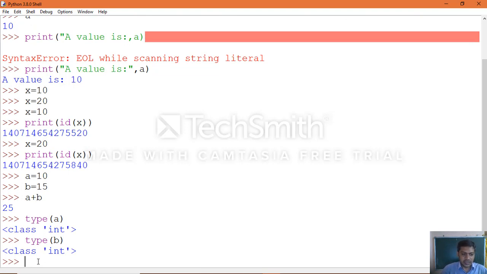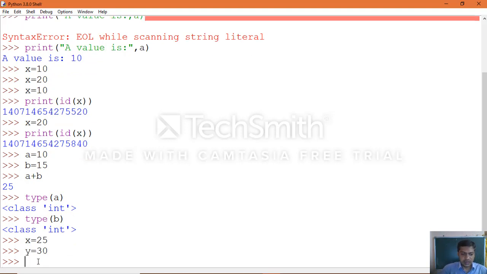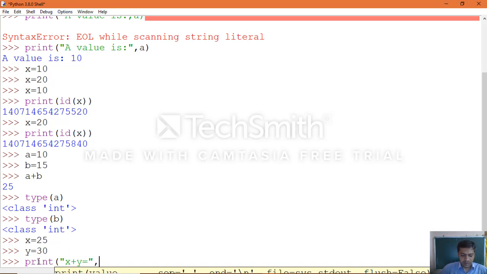Same way, another example: x equal to 25, y equal to 30. Now print x plus y, equal to, comma, x plus y.